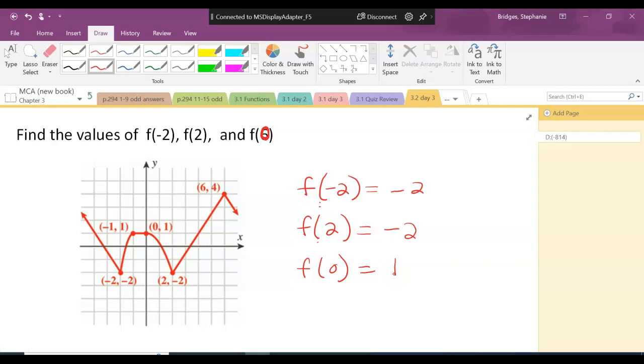So we are basically going to be doing this for each graph. We're going to be doing all parts. Domain, range, increasing, decreasing, constant, and then find the value of f at -2, f at 2, and f at 0. So I would like to give you just a few minutes and try to do number 2 by yourself. Do the domain and the range, try your increasing, decreasing, and constant, and the value that